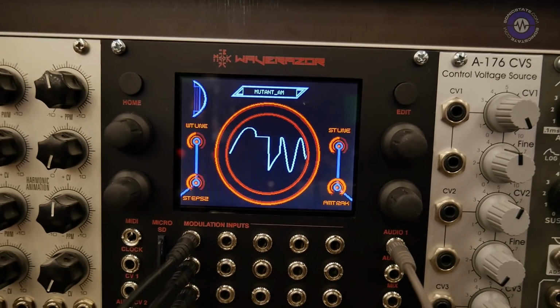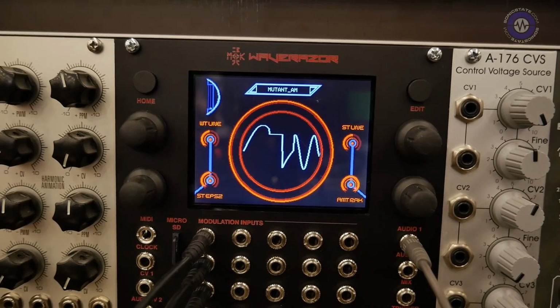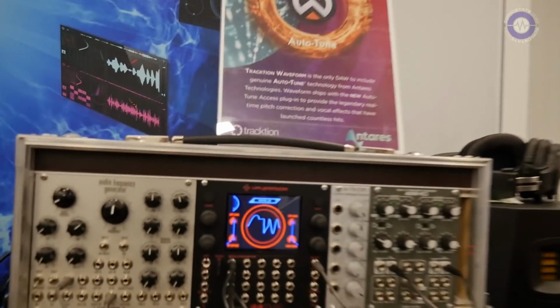Right, makes sense because they've got the screen drivers and all of that stuff built in, so it makes a lot of sense to do it that way, right? Well, yeah, they got us a lot of the way there. Just doing the hardware itself gets you really far, but we're doing a lot of our own software and our own drivers and things like that. The soul of it is us. So is it essentially a full oscillator from Waverazor, or is it a modified one to work with the hardware? It's the full oscillator, 2 of them, and on the front panel we've got 2 independent CV inputs